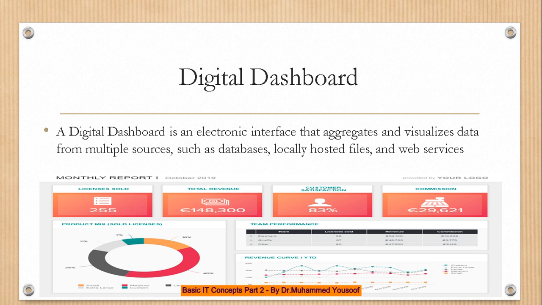This is the digital dashboard where you get the report for one month, which is October 2019. What is the total revenue we got? What is the level of customer satisfaction? What is the commission we paid? What is the license we sold? And product, the sold licenses. What is the performance of the team members, the top 3 performers in the team, revenue curve. Everything is available about one month for you as a manager to see all the information, and that is called